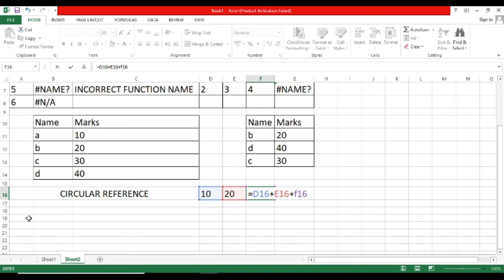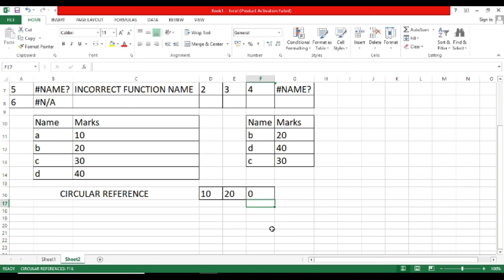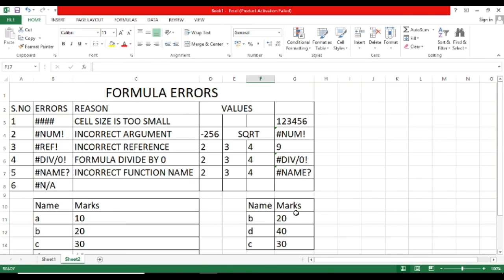So you will get this message, because you have selected the wrong cell here. So again you have to type it right: equal, select this, then select this, and then press Enter. Then you will get the result. So those are the functions and errors in Excel. Thank you everyone.